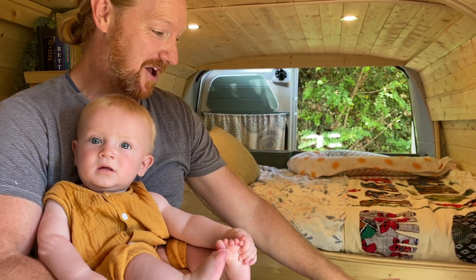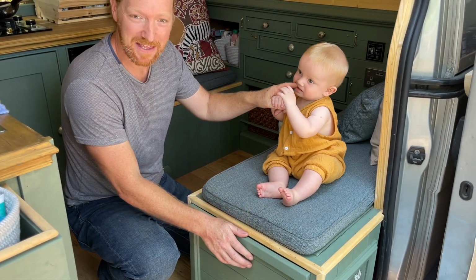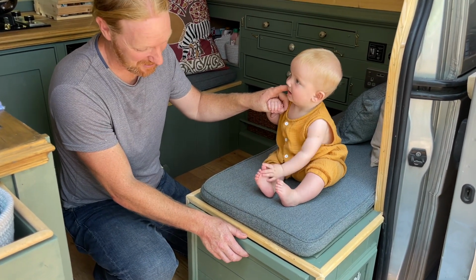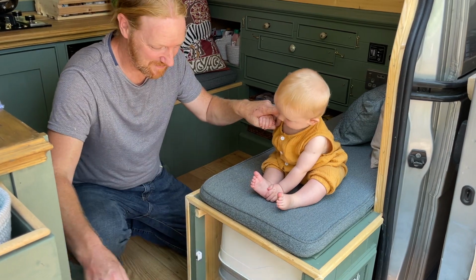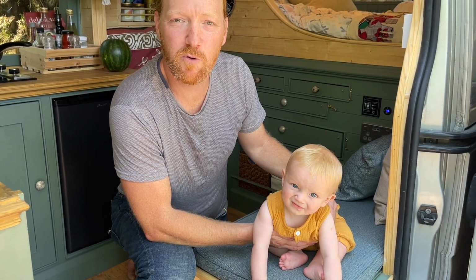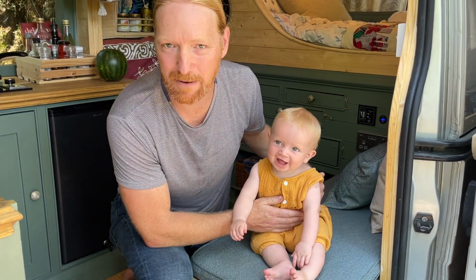So on the other side, we've got exactly the same setup, a storage bench, but there's also a toilet. We have down here a piece of wood on magnets, super simple. Off it pops. It's a Thetford porta potty, and we use some organic chemicals in it so that when we tip it away, we don't feel too bad about our...